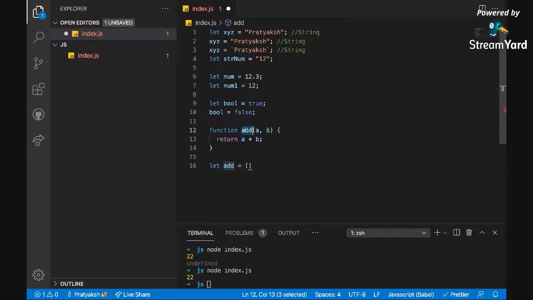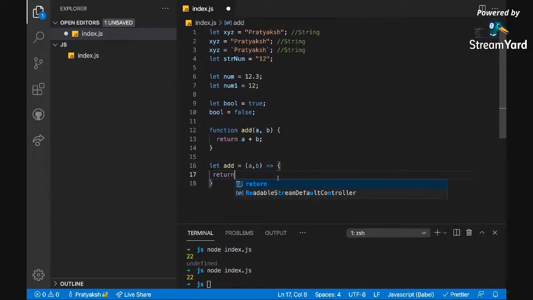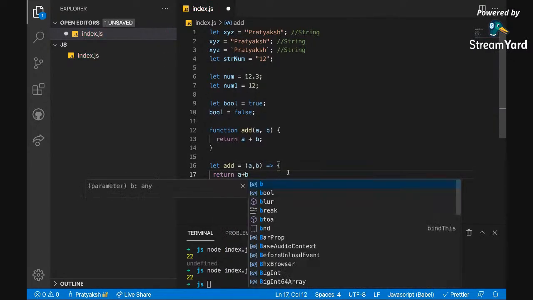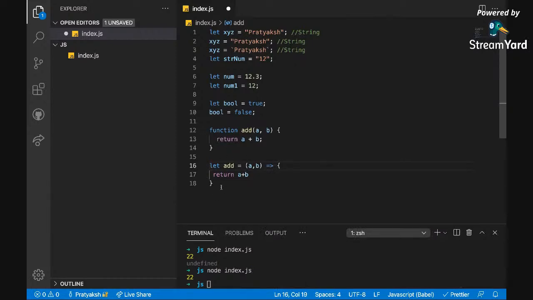Okay, so this function name came over here. Then your parenthesis comes after equal to. Now your body comes. This is the arrow function. We call it arrow function. It came into picture in ES6, and it's a newer way of defining functions. Nothing else is different. I can just give a comma b over here and do the same thing. Return a plus b over here. This is just another syntax of writing it.